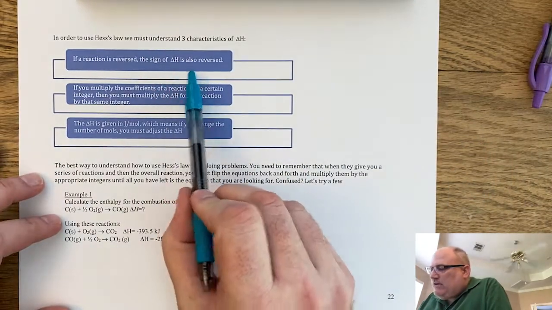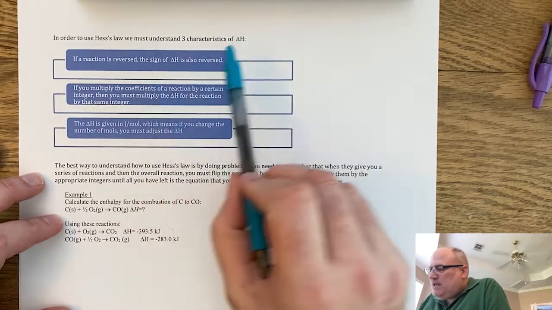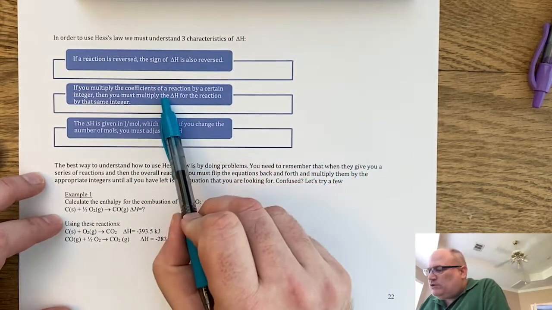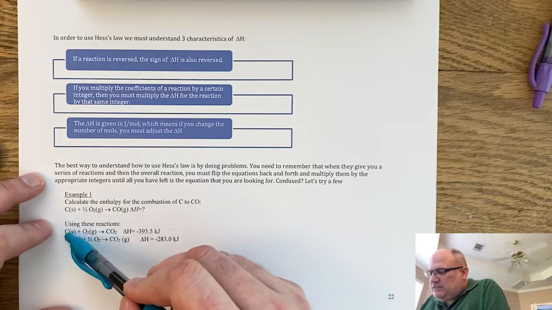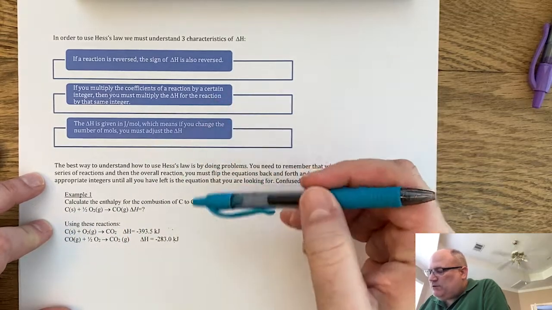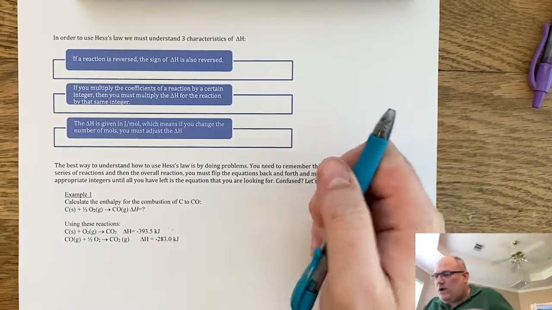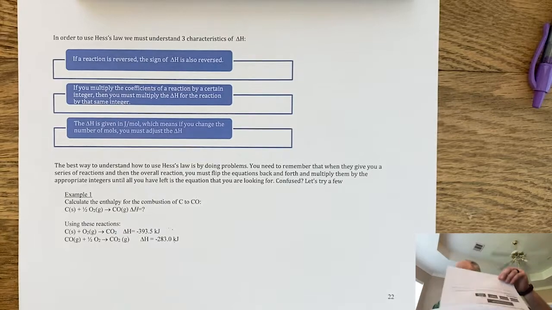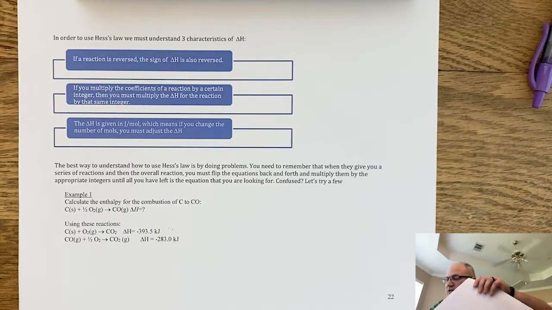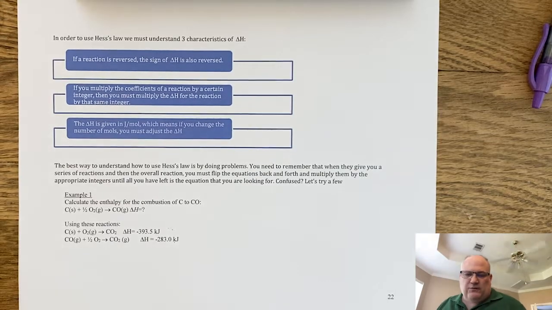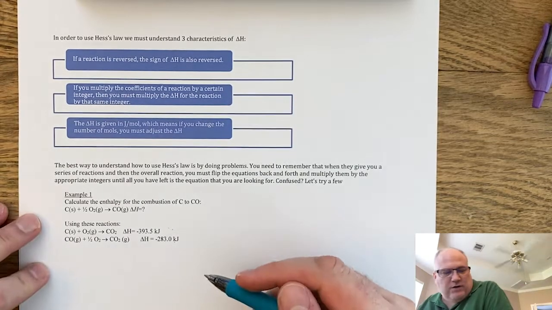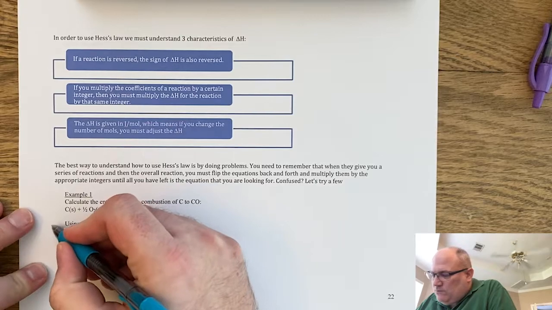If we ever take a reaction and we reverse a reaction, the enthalpy will be reversed. And if we ever multiply the coefficients, these numbers in front, by any factor, we have to multiply the change in enthalpy by that number as well. Now, the last one, which says that change in enthalpy is in joules per mole, which means if you change the number of moles, you've got to change the change in H, will not really be used for us right now. But let's take a look at this right here, and we're going to call these maybe reaction step 1